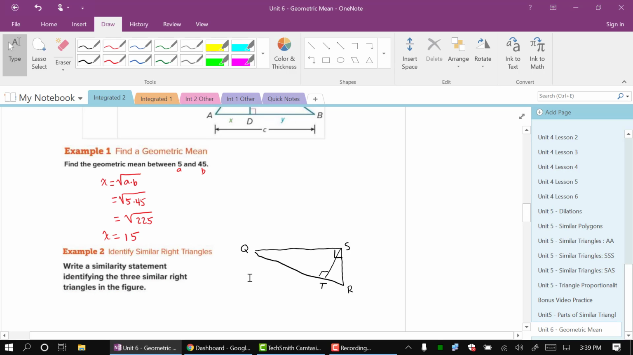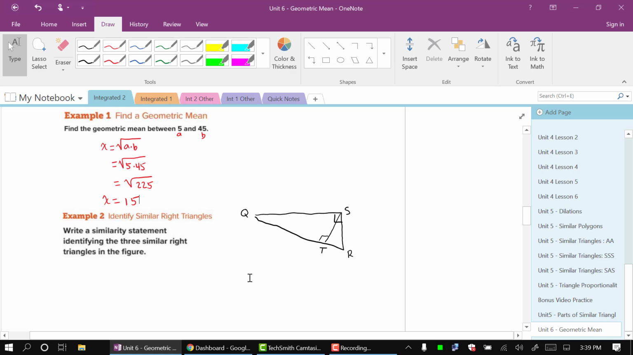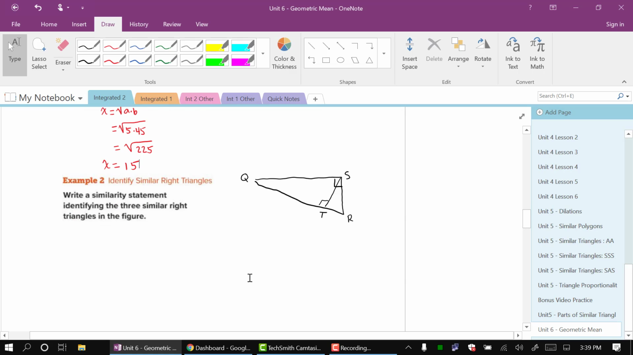So write a similarity statement identifying the three similar right triangles in this figure. So we have one right triangle, as you can see, is QSR. That's one of our right triangles. So let's start with drawing that one. So the right triangle is going to be Q, S, and R. Another right triangle that we have is Q, T, S. So another right triangle we have